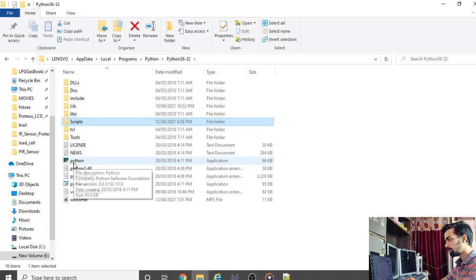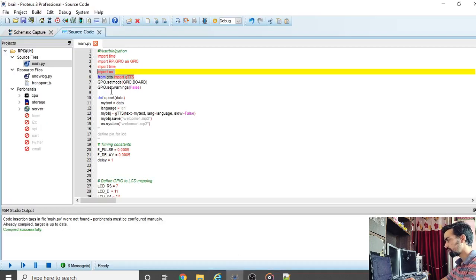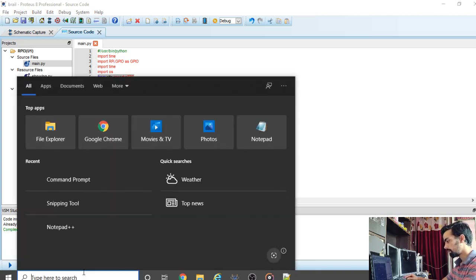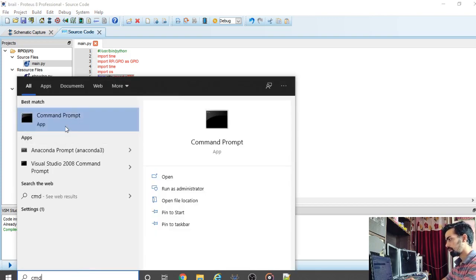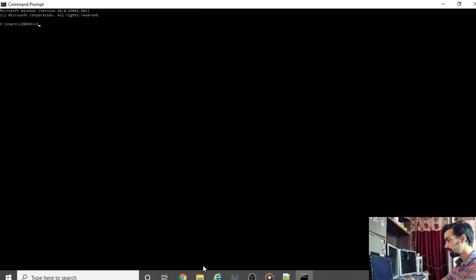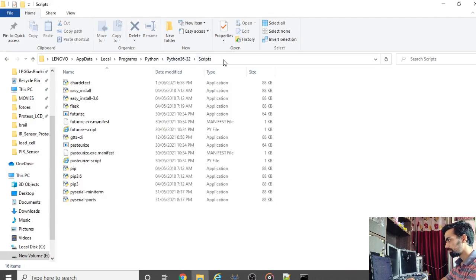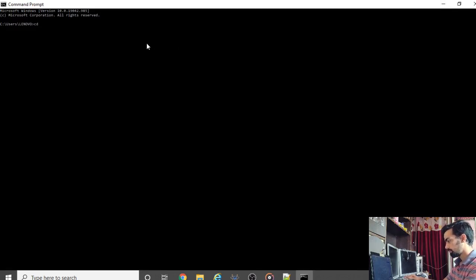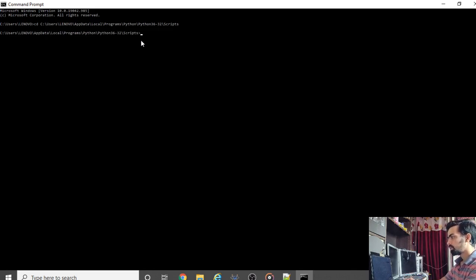So after you see this Python 3, you can go one step back in Python. You can see this Python terminal is also present. Now if you want to install this text-to-speech library in Proteus, just type cmd, then open the command prompt, then type cd. After you type cd, give this path from your laptop. Let's consider this is my name, Lenovo. In this place it's your name, your computer name. So then the path will be the same. Then go to this path and press enter here. Once you enter here, you can see we are inside Python 3.